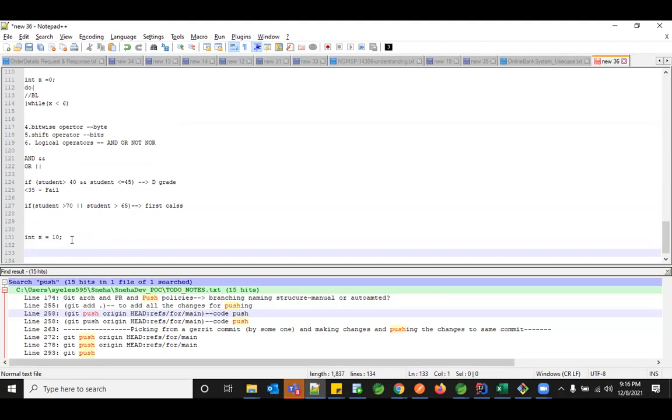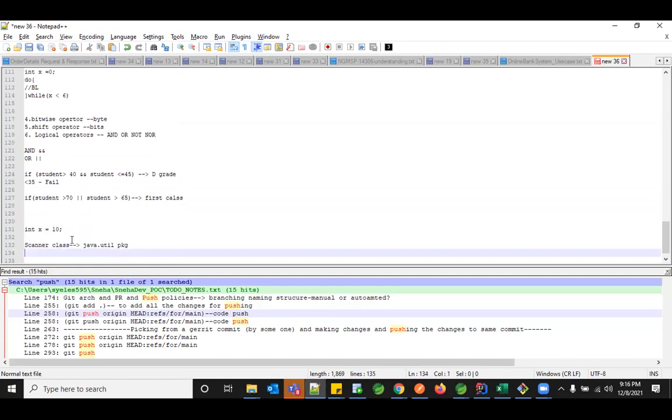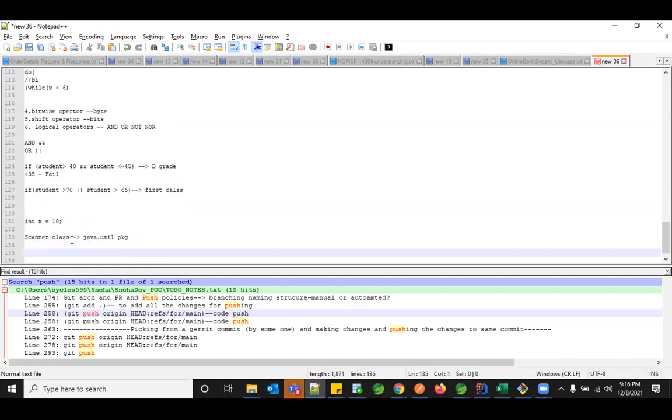For that purpose, Java gives something called the Scanner class, which is in the java.util package. So we have multiple packages. By default, Java brings you all the methods from the java.lang package. This is the default package which need not be imported.